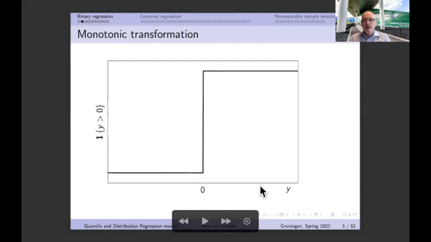But before I do that, I'm first going to look at this function that we had in the previous slide. It's a monotonic transformation, and that's immediately clear at the moment that we look at a graphical representation. Here we have on the x-axis y, and the function is here on the y-axis. Even though this function looks a little bit strange, most of the time it's constant, but it has an upward jump here at 0. We should realize that whenever it changes in one direction, it changes upwards. So that means that this is a monotonic transformation. It's not strict, of course, but that is actually not necessary.